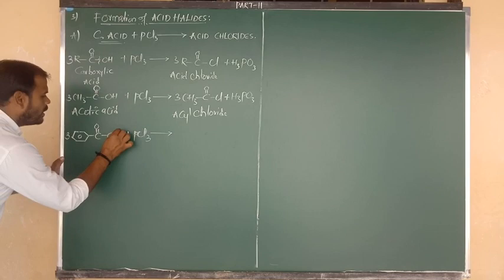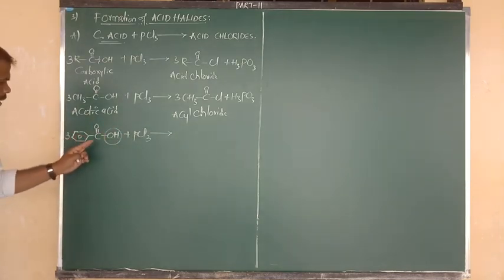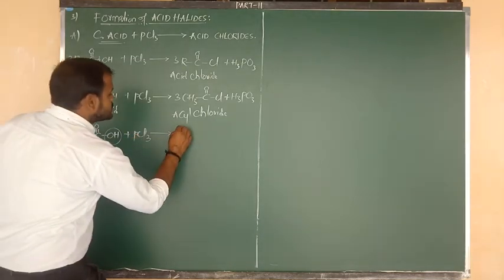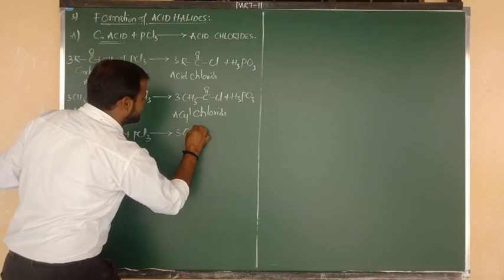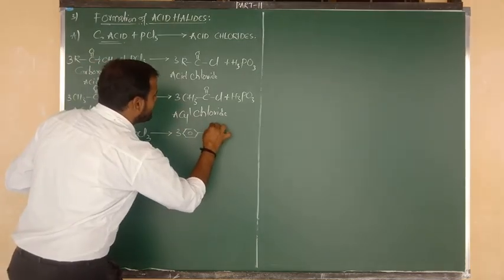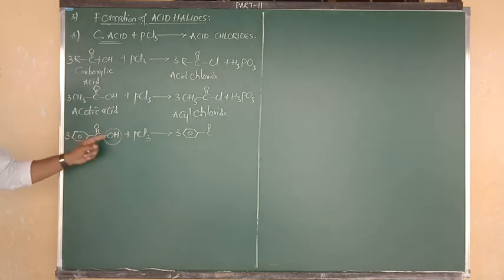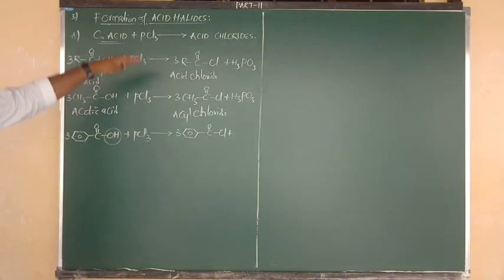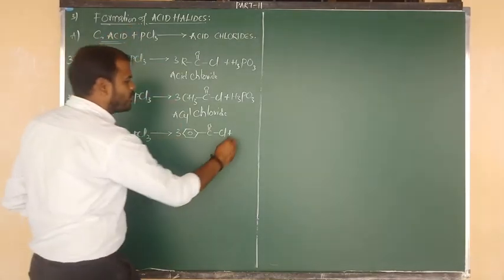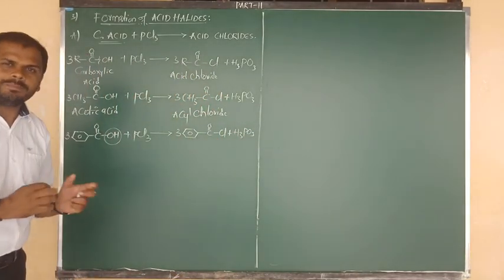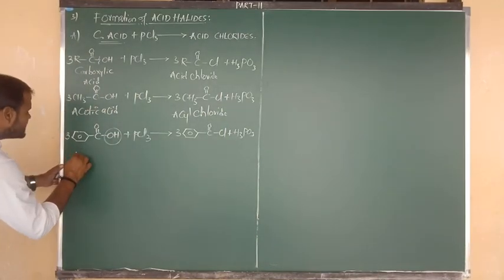Again same thing, all 3 OH from the carboxylic acids, due to cleavage of the CO bond, are replaced by 3 Cl atoms. So now here how many benzene rings are there? 3 benzene rings that I have written as it is. It was connected to C double bond O. Again how many forms are there? 3 forms. And all 3 OH are replaced by 3 Cl atoms. Again the byproduct is common in all 3 cases. The byproduct is nothing but phosphorus acid. So the formula is H3PO3.